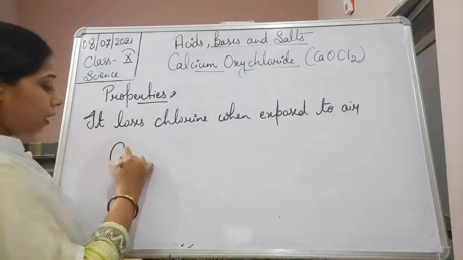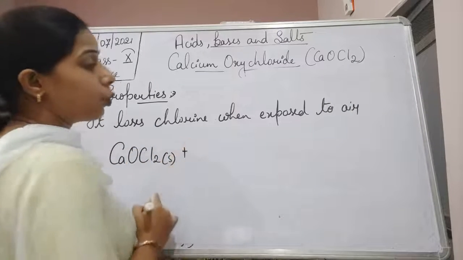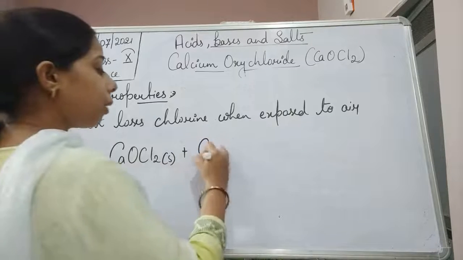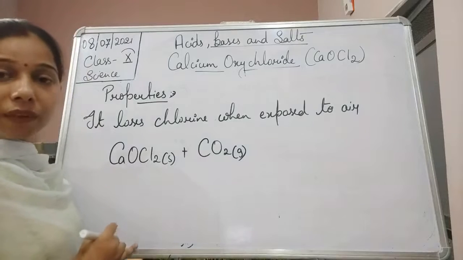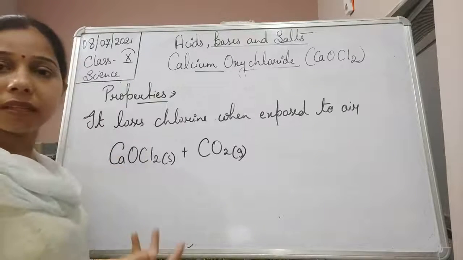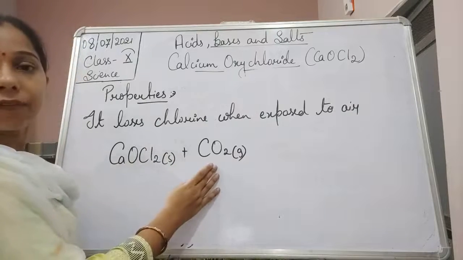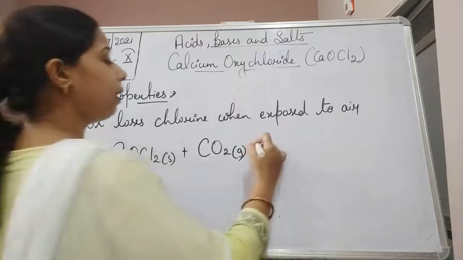It means when this CaOCl2, which is in the solid form, is exposed to air, what happens, student? From the atmosphere, it will react with the carbon dioxide gas. When it is exposed to air, you know that in the atmosphere oxygen is present, even carbon dioxide is present, all the different gases are present. So it will react with the carbon dioxide gas which is present in the atmosphere, and finally there is a